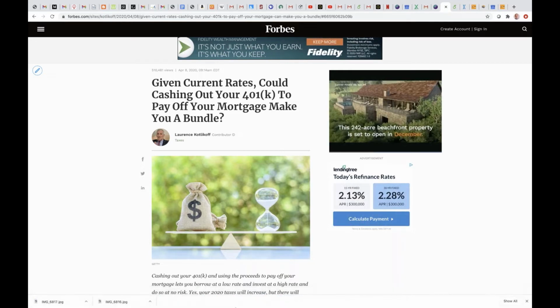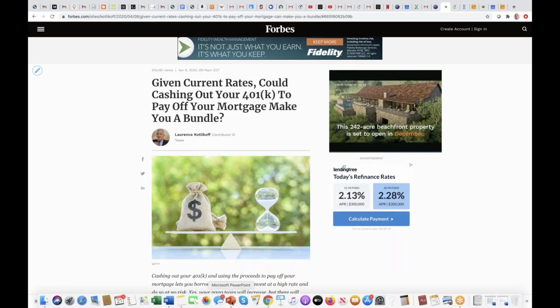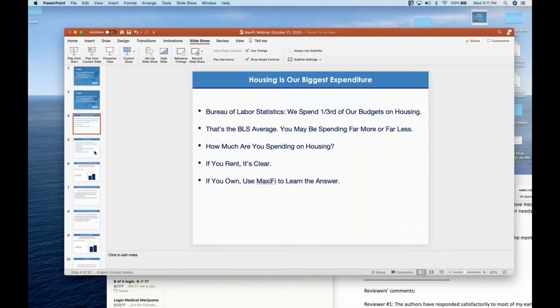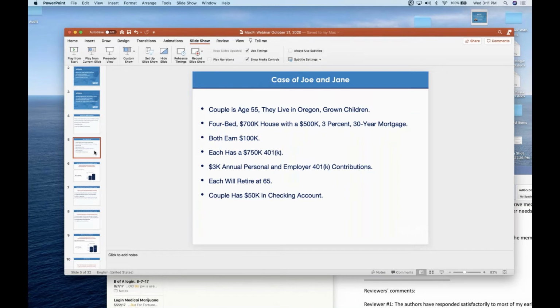So people need to be aware of that. That's an error. We're going to have that fixed when we send out the slides. Here I said 700K house. It must be somewhere else they referred to 7 million. Anyway, when you're making slides at 3 in the morning, you make typos. Sorry about that. Anyway, let's go to the next question.